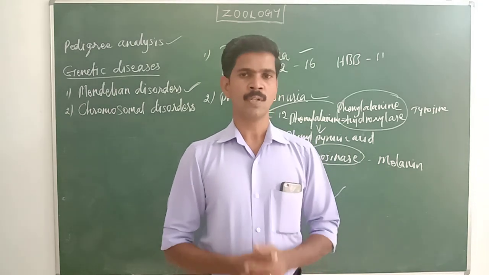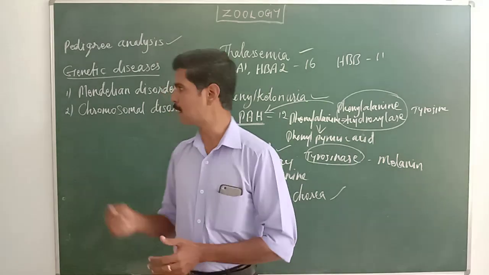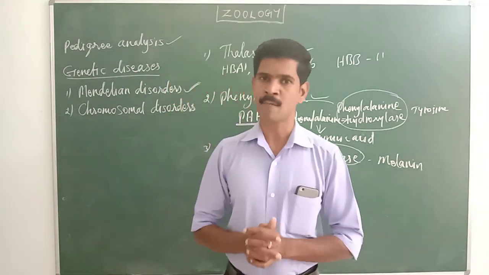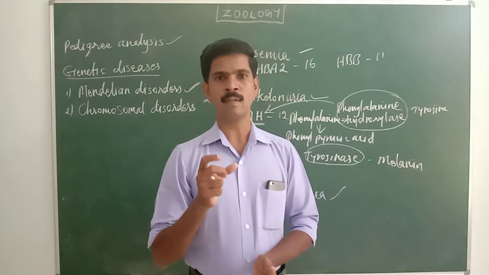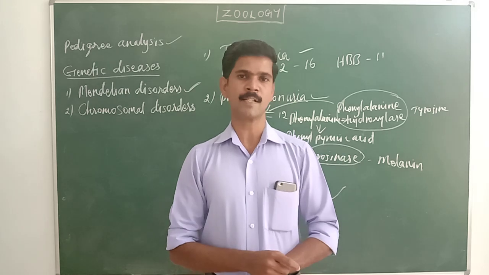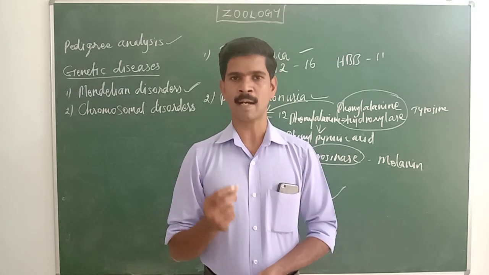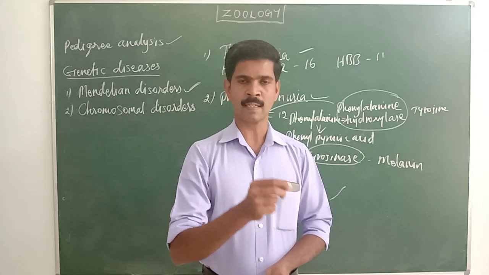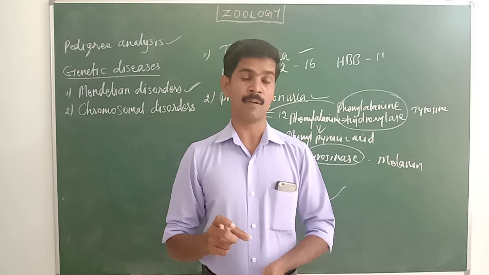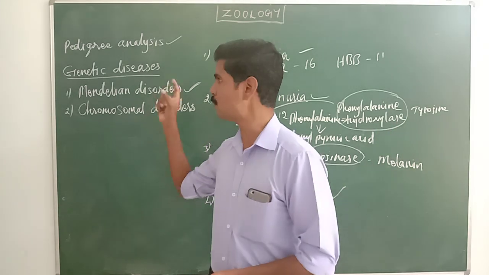Okay, my dear students, today we have completed two or three more questions, pedigree analysis. Once again, pedigree analysis is otherwise called a family tree, and here a tree-like diagram is drawn by using some genetic symbols. With the help of this pedigree analysis, we can analyze a particular character appearing in the family members of a given family for the past few generations. So it's a very important 2 mark question.